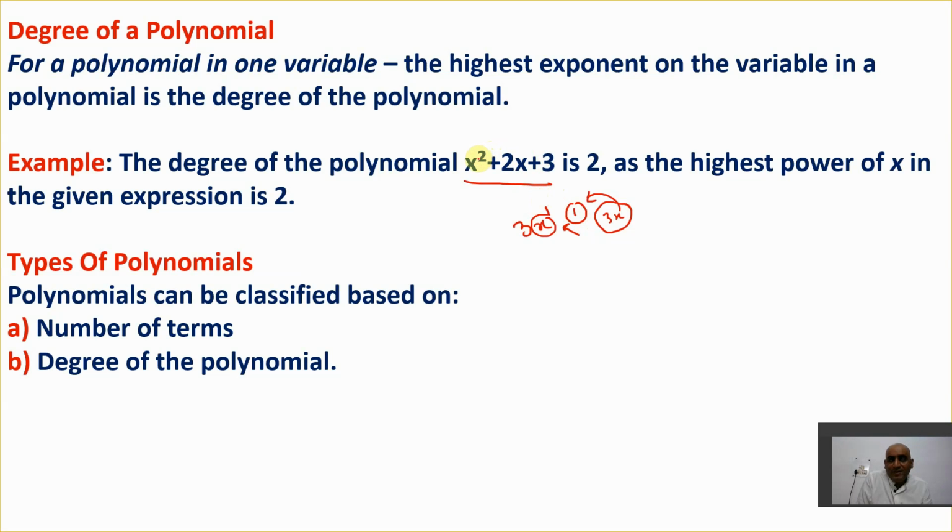The degree is always the highest power on the variable. Now, if you look at this 2x, the highest power in this is 1. And in this x squared, the highest power is 2. Both are variables, this x is also a variable, but we need to find the highest power. So the highest power in this equation is 2, because 2 is the highest power available on the variable. I hope you get this point.